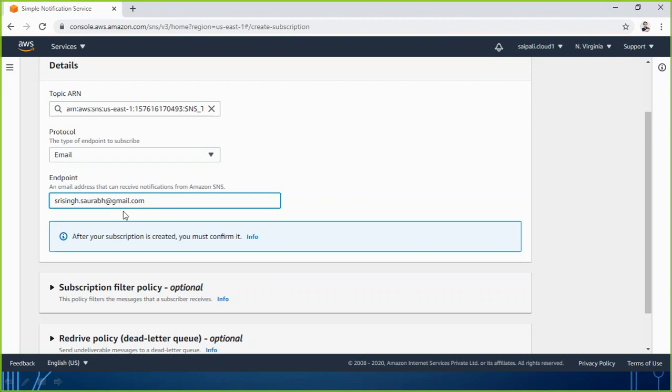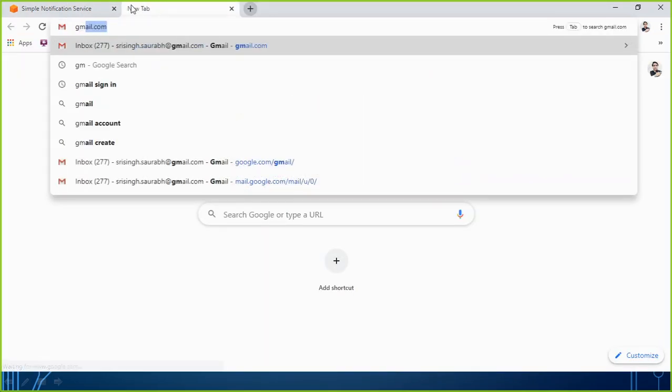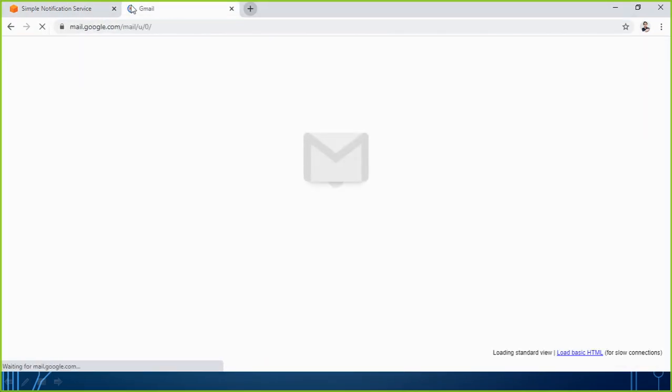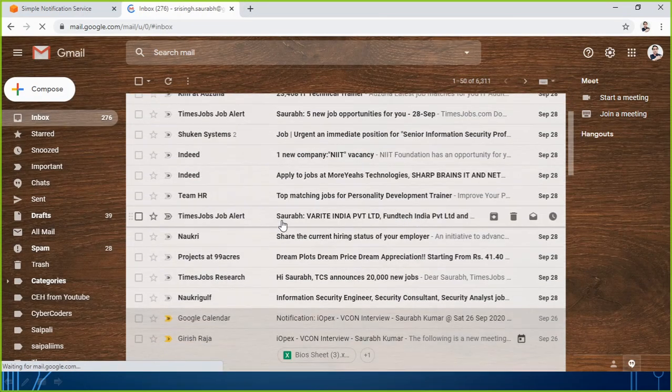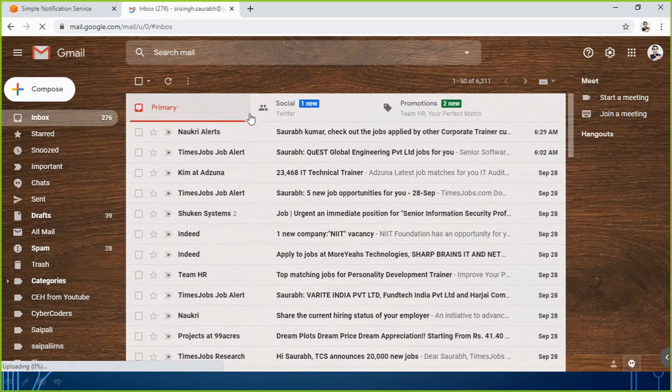I am using my own address because I want to show you what kind of email I am going to receive. Let me log into my Gmail account and show you I don't have any email as of now. You can see I don't have any unread message from AWS.